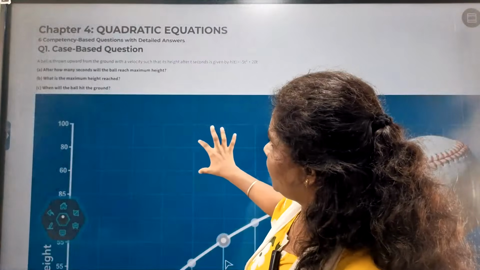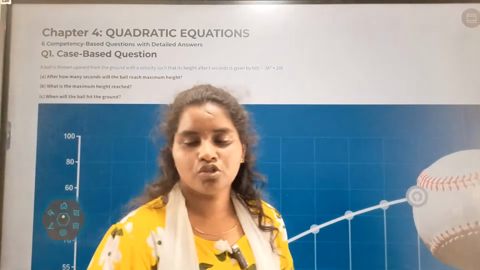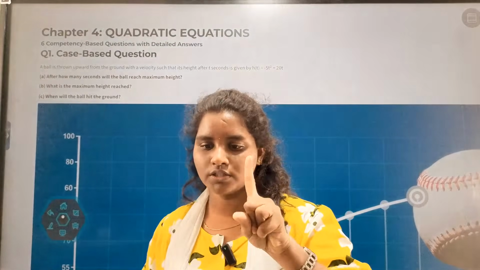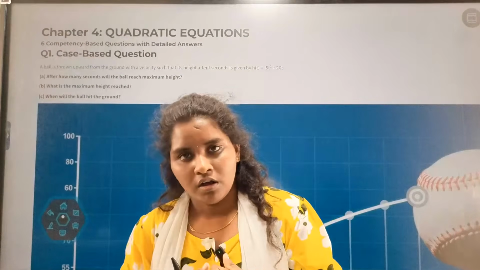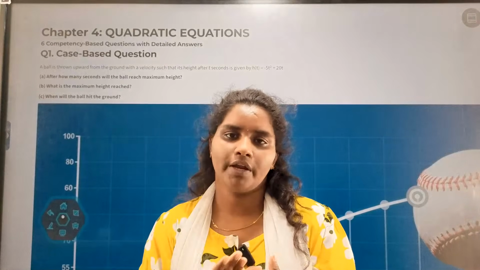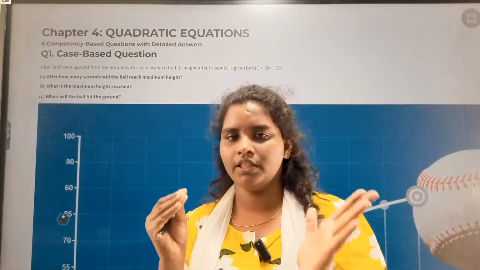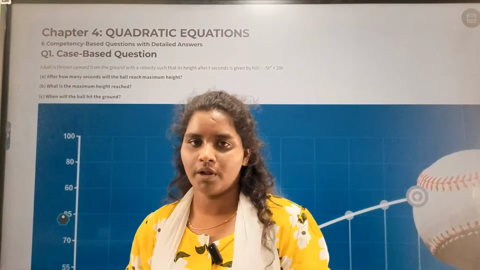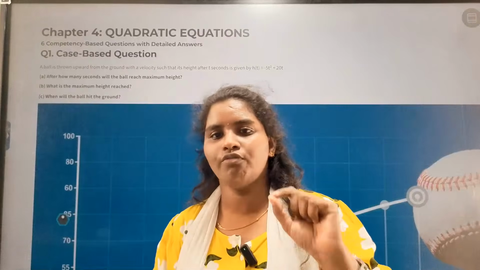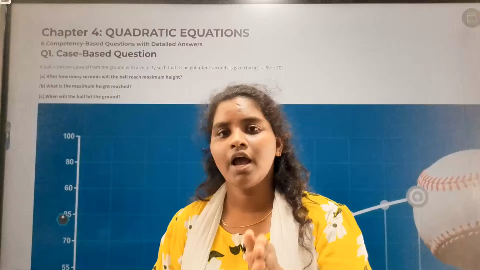Okay. So the next chapter 4 is quadratic equations. In quadratic equations, we have only two concepts. The first concept is the quadratic formula, which is minus b plus or minus root of b square minus 4ac, divided by 2a. So by direct substitution we find the x value using the quadratic formula. That's the first. And the second is the nature of roots, that is, we have to find the nature of roots with the help of the discriminant value.